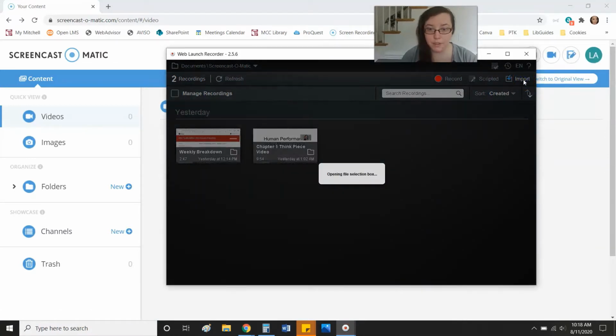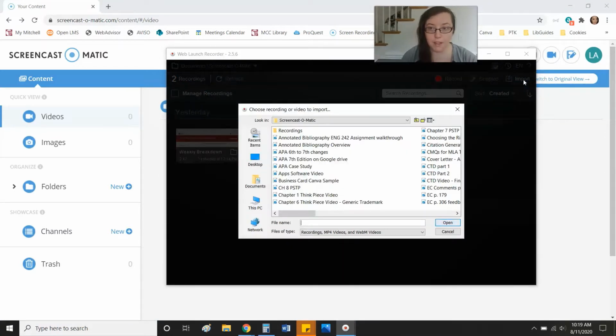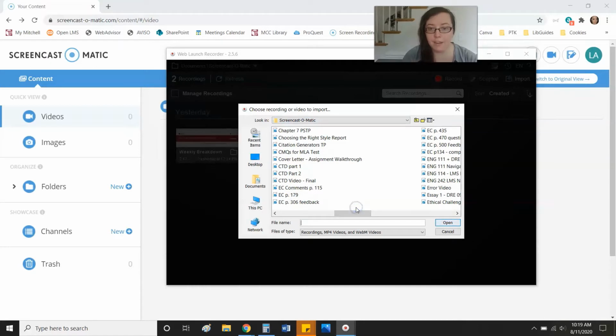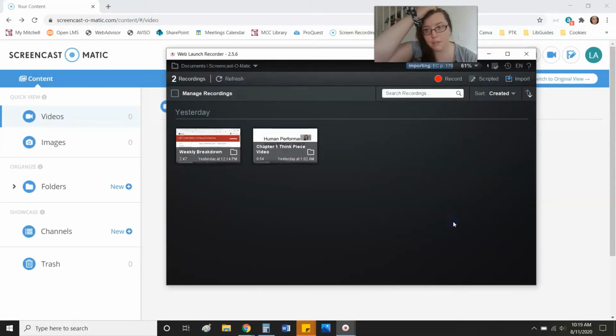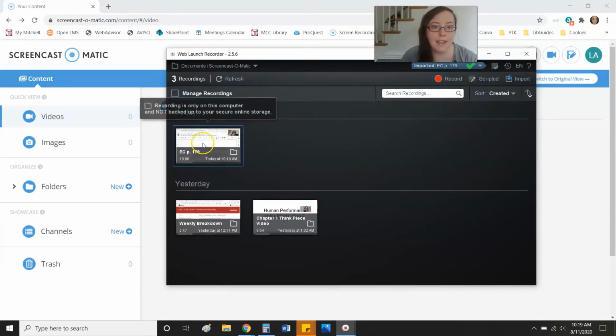That's going to open up where I keep my files, which is in ScreenCast-O-Matic. There's a folder that was created when I downloaded ScreenCast-O-Matic. I'm just going to find one of my videos that I have already done and want to upload to share, and we'll pretend that it's a synchronous session, right? So here it is, I've clicked on it. I'm just using a random video. It's not actually a student session. Obviously we don't have those yet. And you can see the progress bar up here is importing. And now we have